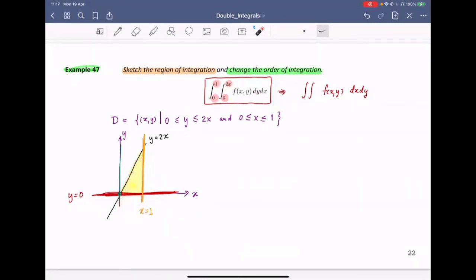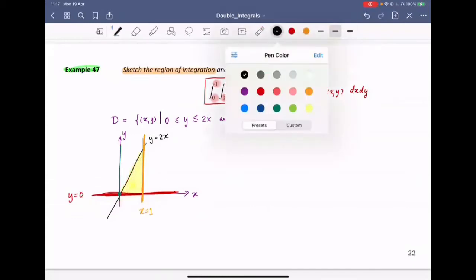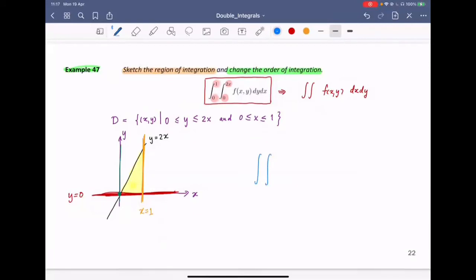Now your task is to integrate f(x,y) dx dy. Basically, it means you have to switch the direction from the vertical line here. Let's switch the world. You're going to do a horizontal line, and then your integration boundary is going to be different. If you draw a horizontal line here, you can see that every time you start from the black curve and you end up with the